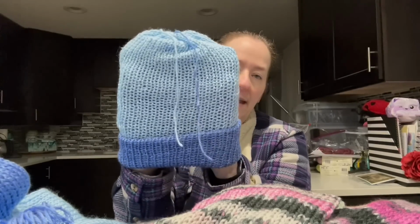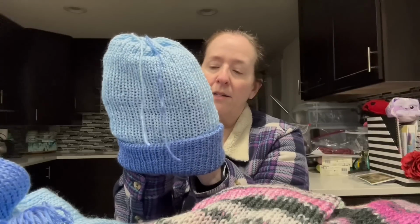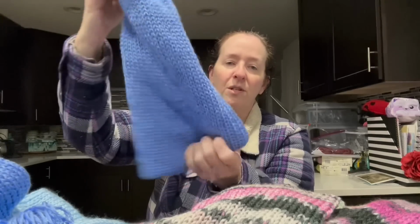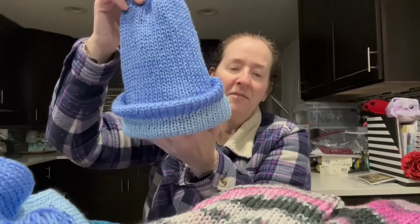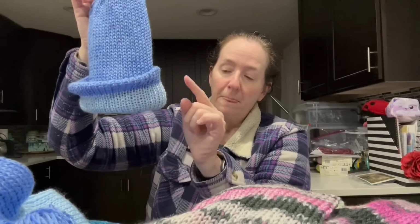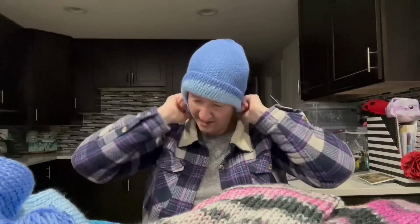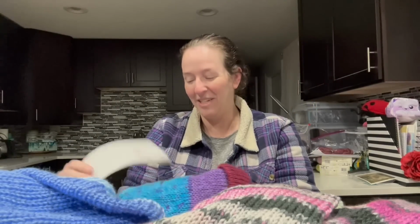So here is the hat. It still has the little strings attached just in case I want to not make it reversible, but here is the reverse. Not exactly half and half because I did the ear warmer before I did the hat. So that's what the hat looks like. I would always probably roll up my brim, but if you didn't want to, it would just be a slouchy hat. Okay, so I did that, and then the very last thing I did on my Addi Knitting Machine,